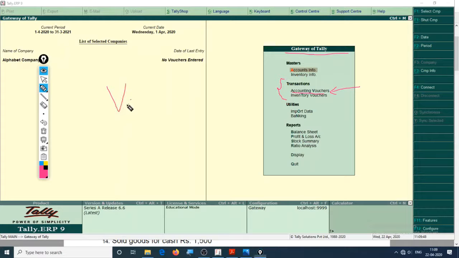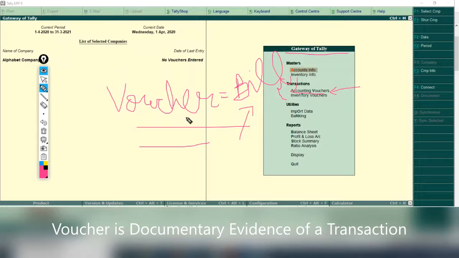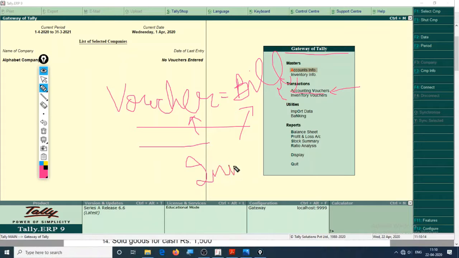Now what is voucher? Voucher is a bill, an invoice, or a supporting document, anything of a confirmation. Suppose you purchased something from Amazon Incorporation, suppose you purchased a telephone, and the bill is called a voucher and it will have all the details. It is basically an invoice which will act as a supporting document to create our own journal entries.